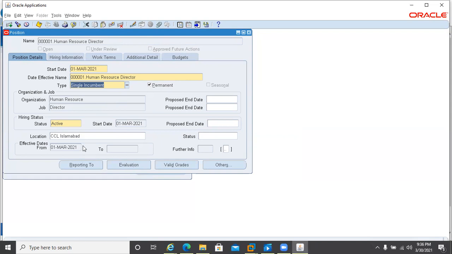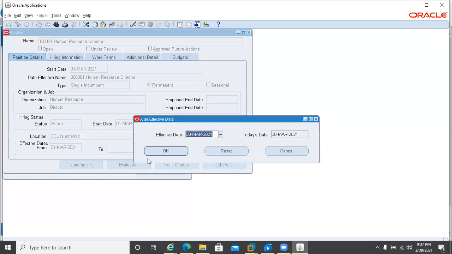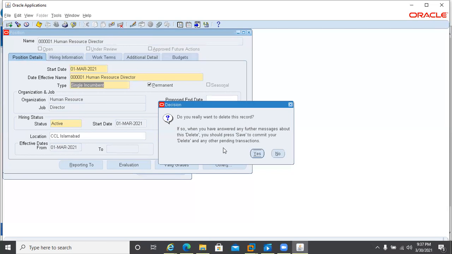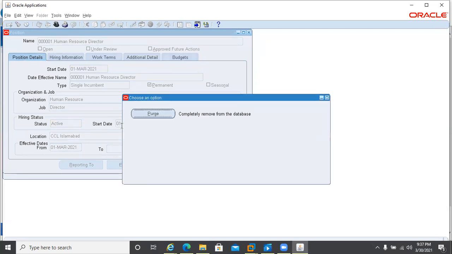You have to come here and change the date to 30th April 2021, then click on the delete icon. Just hold on. For example, I click on the delete icon, I click on yes.